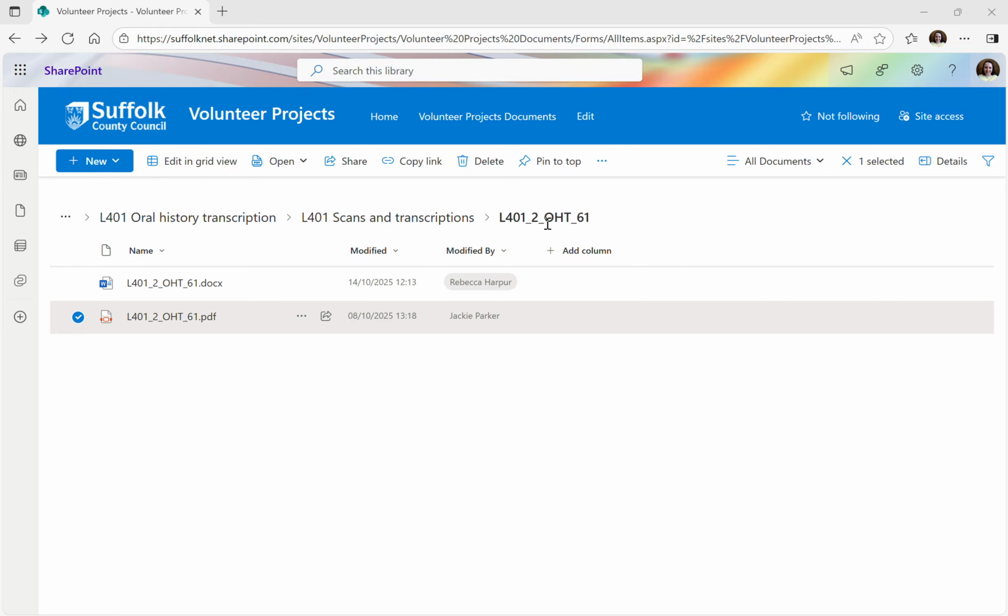The name of the folder should correspond with the two document names as well. It should all be the same. You will have a scan of the original transcript, which you can see here, and also an empty Word document. So what you want to do is click on that Word document,